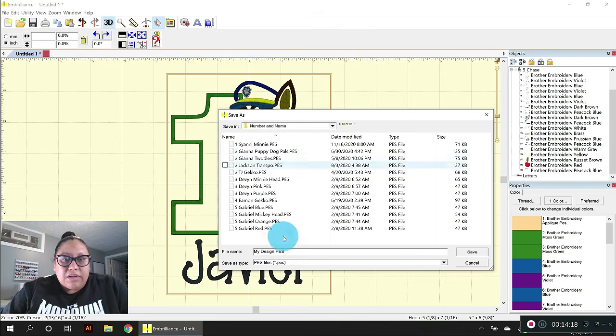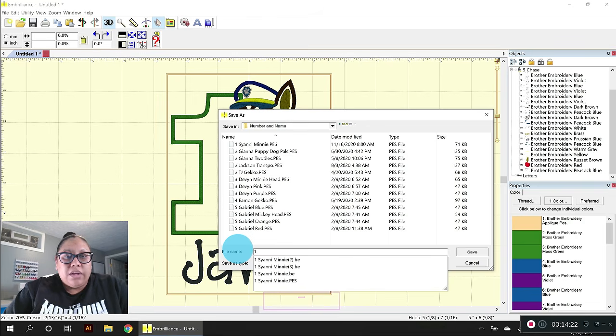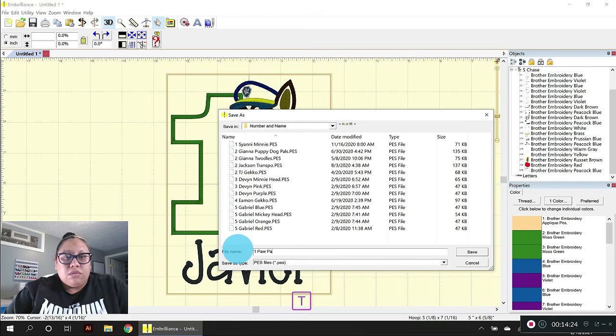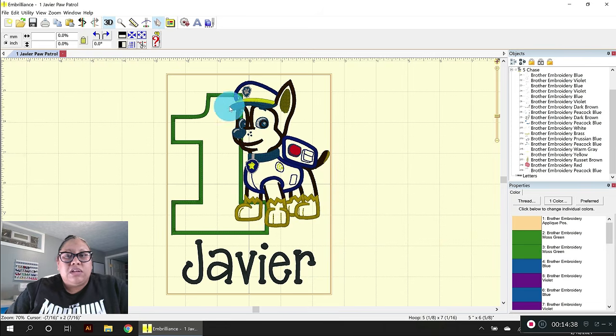number and name, and then I save it as, so this is a number 1 for Javier, so I do number 1, Paw Patrol, oh, and his name first, I think that's what I usually do, yeah, and save it. Okay, so now that the file is saved,